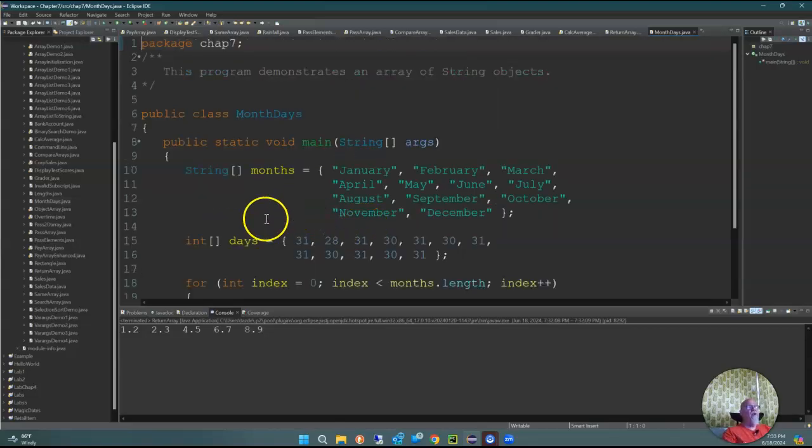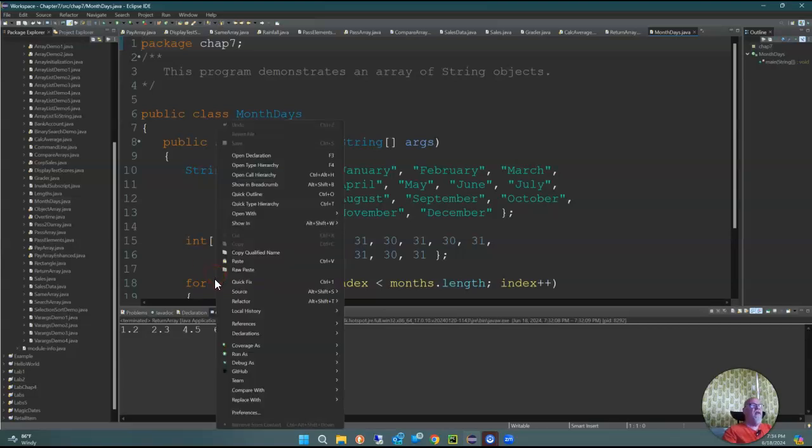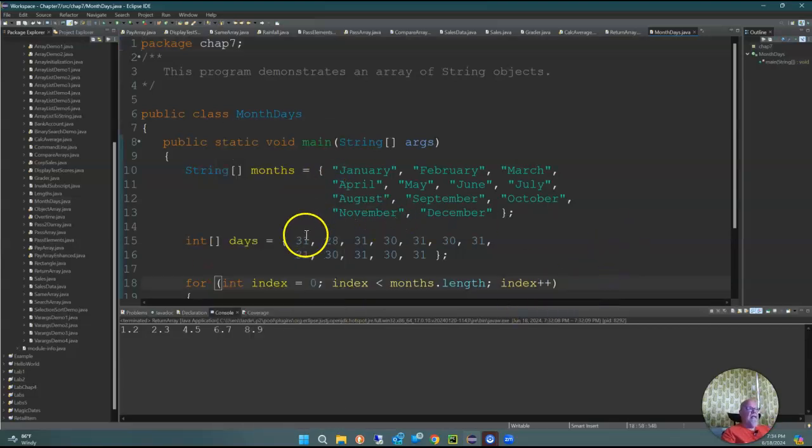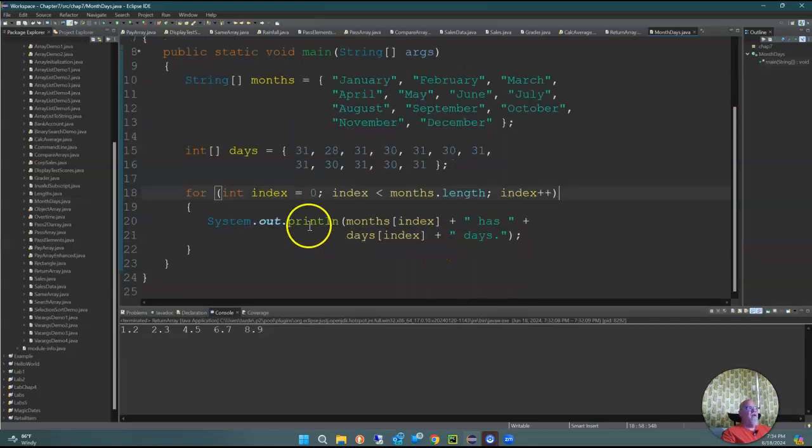Now, this is what's known as parallel arrays. This element, the number 0 element, goes with this 0 element. Number 1 element goes with the number 1 element, so on and so forth. They're parallel arrays. So I come in here for my for loop, and I say for int index equals 0,